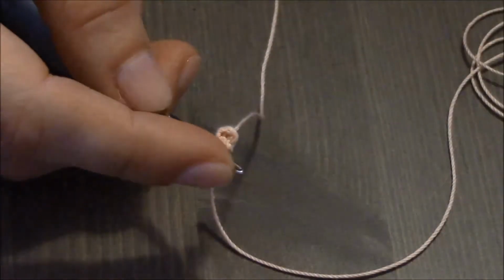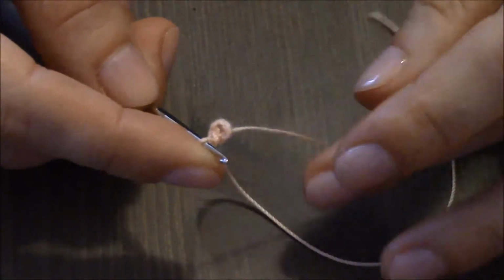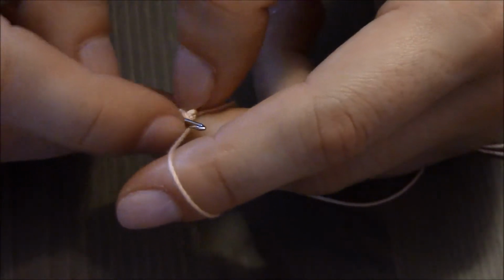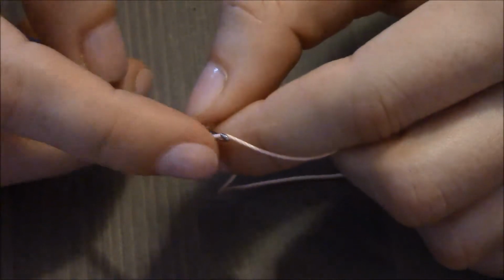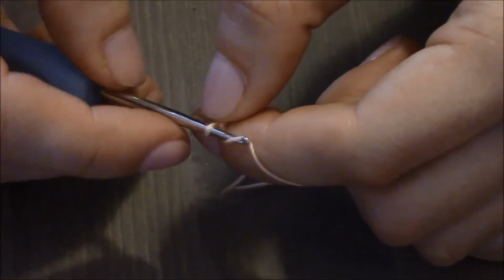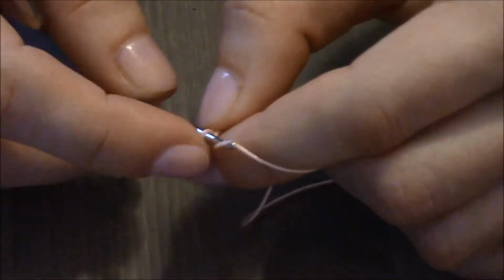So now we will start creating petals of the flower itself. To create the first petal, we have to create a chain of 7. So using exactly the same technique, grab a piece of thread with the hook and pass it through the very first loop here. So this is the first one,